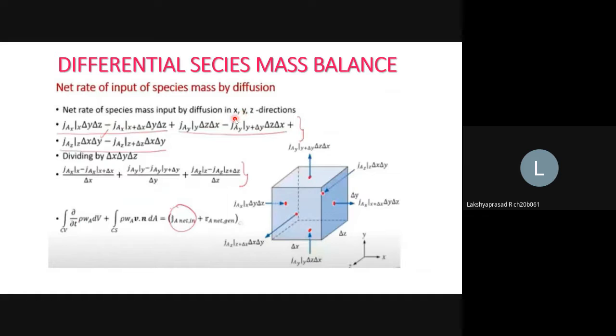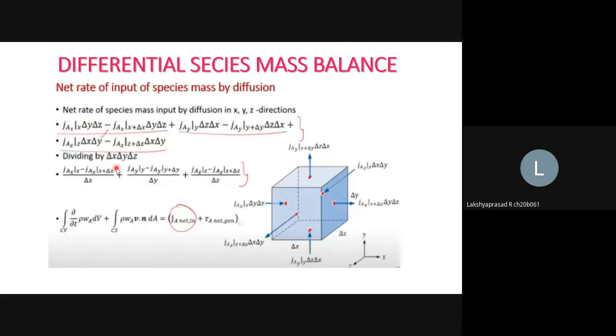The derivation for the diffusion terms that we had seen is shown over here very clearly. We again took the same control volume, delta x, delta y, delta z. That is how we do the differential balance equations. So we have Jx at x times delta y delta z entering, and Jx at x plus delta x times delta y delta z leaving. We'll take pairwise and then write down the net inlet of mass of species A into the control volume. That is exactly what's written over here for the x direction, y direction, z direction, and then we divide by the volume of this small cube.